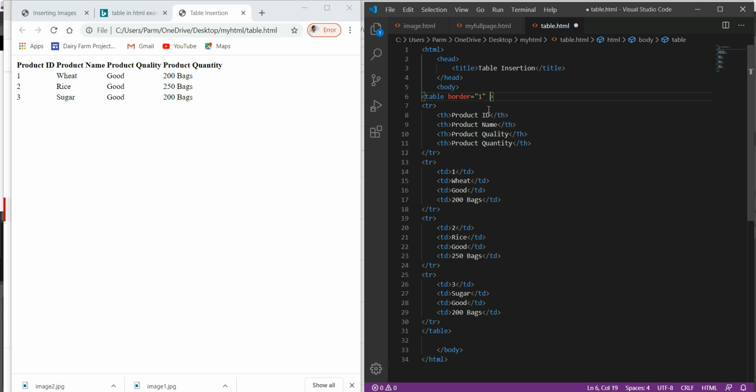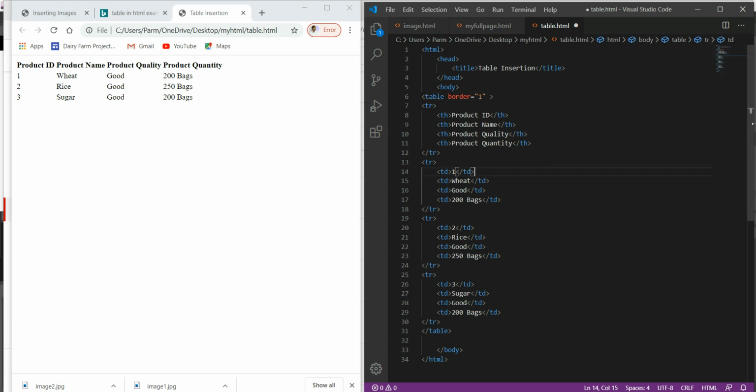There are a lot more attributes we can use, but mostly in HTML5 we set the attributes of the table using CSS. That is the most common practice in today's web development. So this is how we can insert a table in our HTML file.